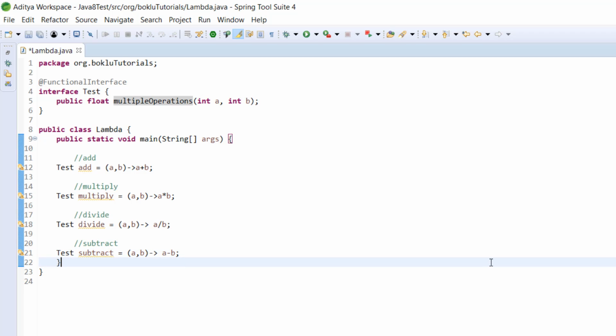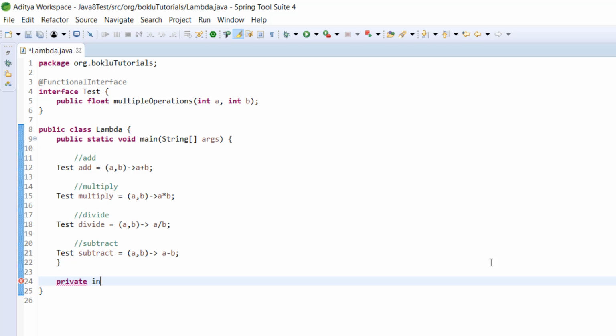How are we going to do that? First of all, we are going to write one private method. Let's say the return type of that private method will be int. Okay, we have given float here, so here also the return type will be float. Let's say the method name will be operation.